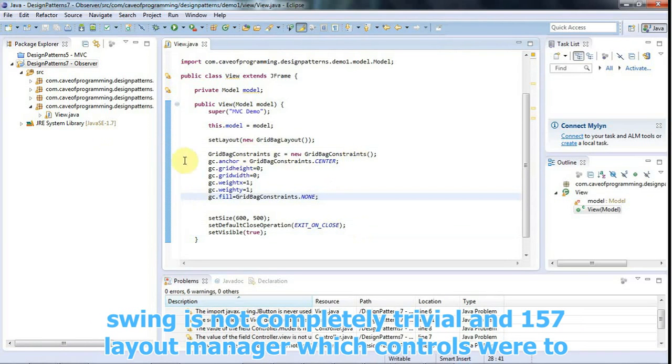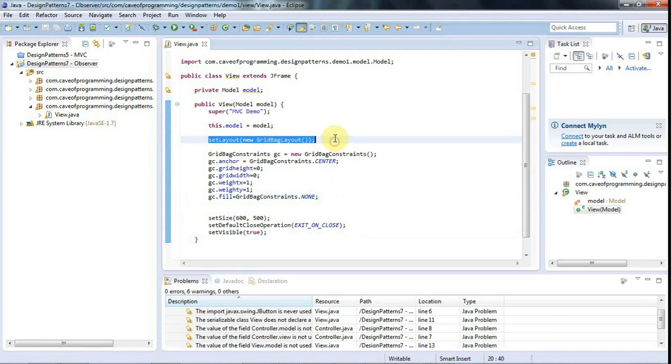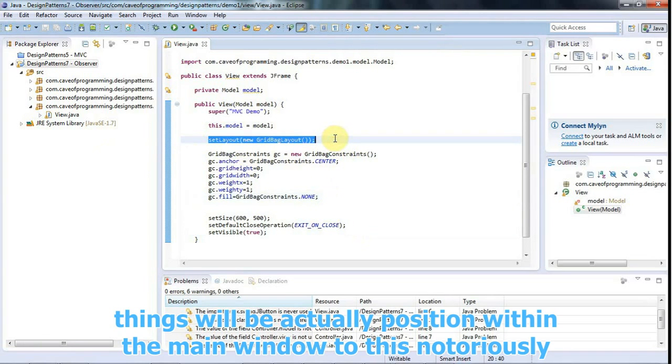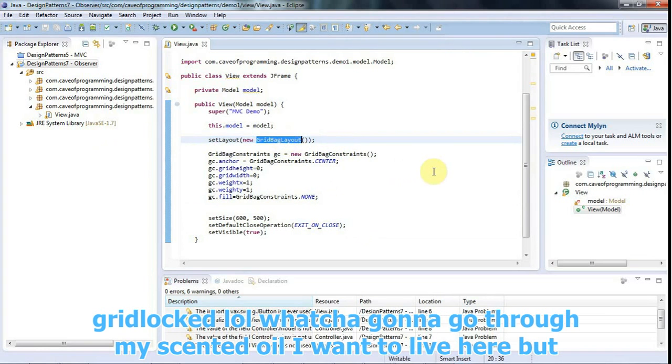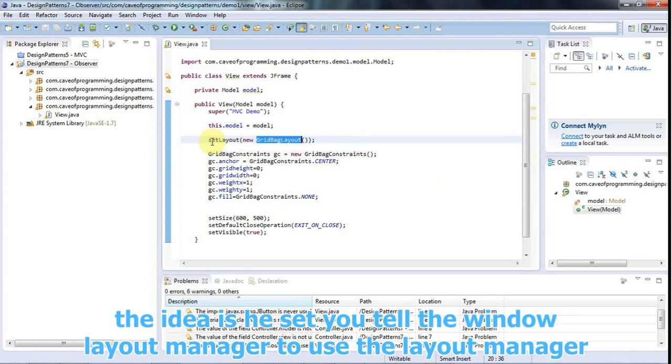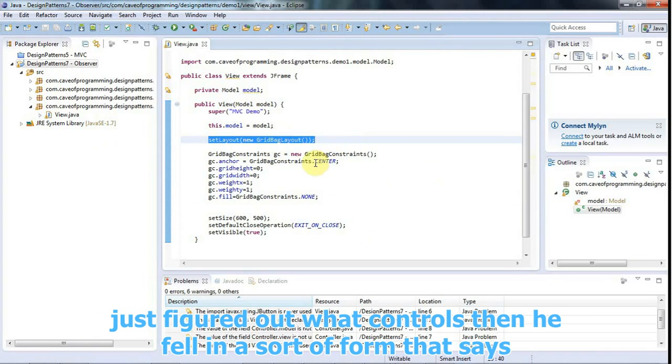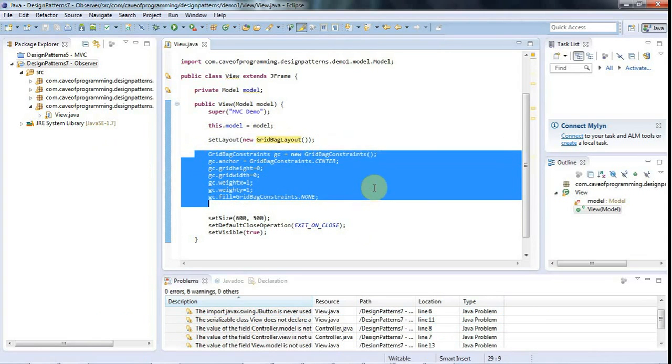What I've done is I've set the layout manager, which controls where things will be positioned within the main window, to this notorious grid bag layout, which again I go through in my Swing tutorial, but I won't dwell on it here. But the idea is you tell the window what layout manager to use, and the layout manager just figures out where to put your controls,